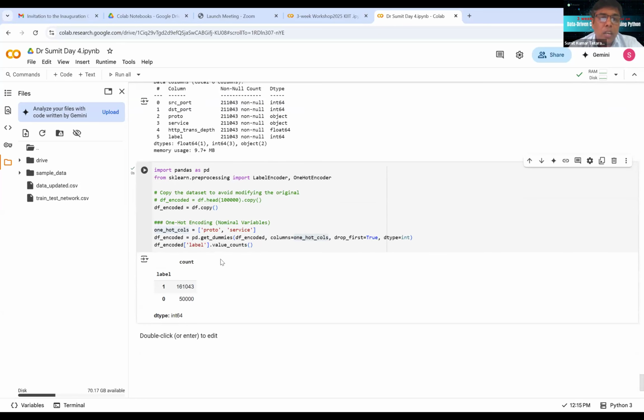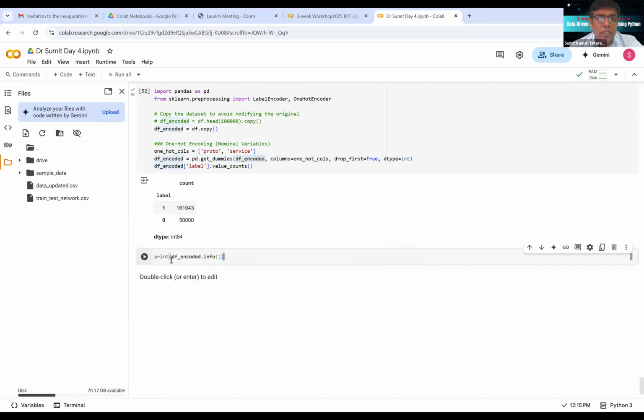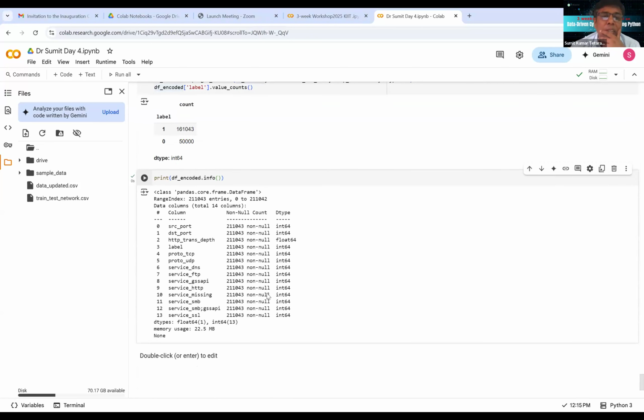Now it's level count. Level count is also there because we are going to check it. Lots of things are there we can do, but first check what happened, we have to understand one by one. First, we are going to check this, then see what happened if you go with encoding. If you check the information about this,